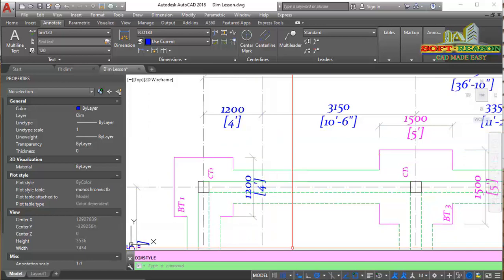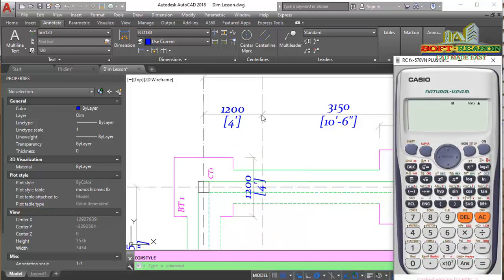So if for instance I activate a calculator just like this and I check that, I want to convert this 4 feet to meter. I type right there 0.3, which is the multiplier, times 4. And if I say equals to, this is 1.2 meter, which is equivalent to